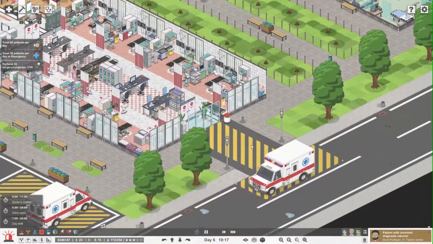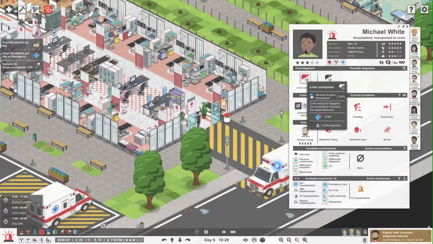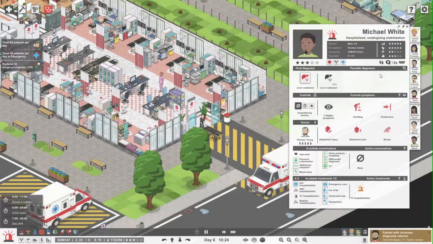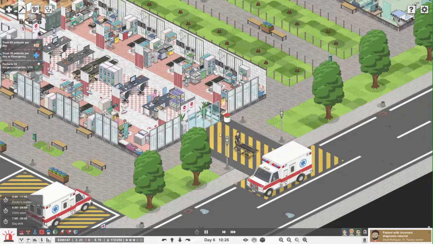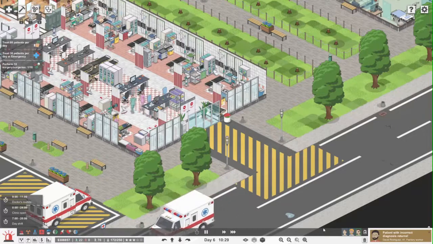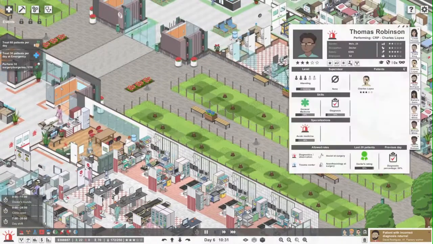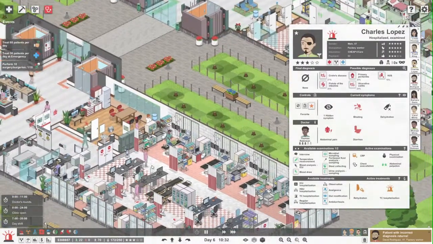And we have an ambulance coming in. Let me see who that is. Someone with a liver contusion. Liver contusion happens due to physical trauma to the upper abdomen. Well, he'll be on his way to the general surgery department, and he will be getting some medicine for that. Here we have Charles Lopez again,